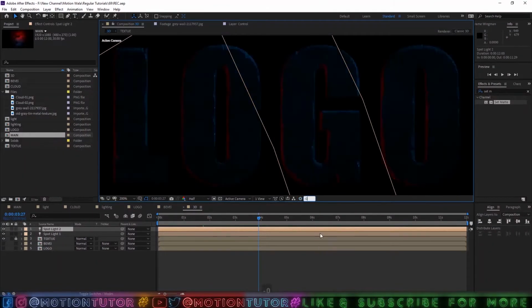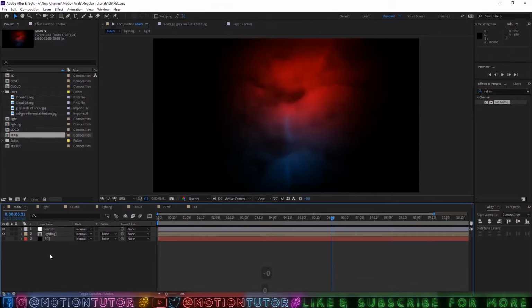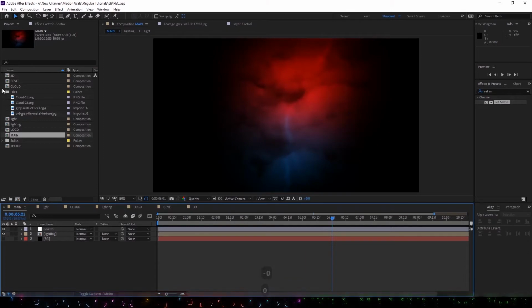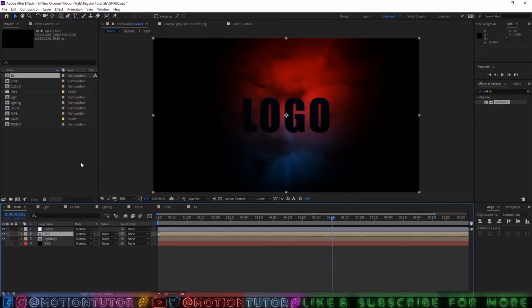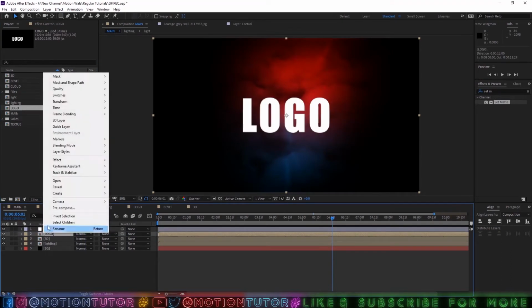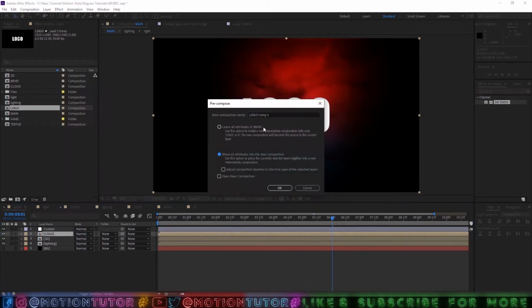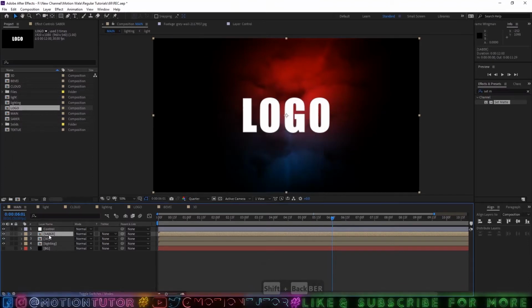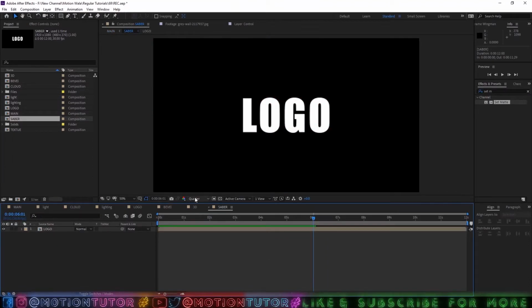So now after that we will go to our main composition and drag this composition, which is our 3D composition, here. And then you can also drag your logo composition here, and you can right click and pre-comp it, click on move all attributes and change this name to Saber. So Saber, and then you can click OK, and then go to this composition,